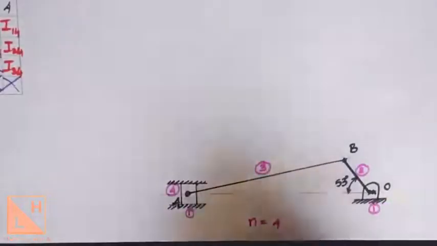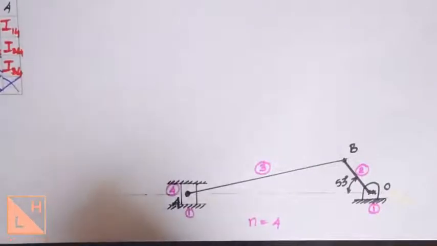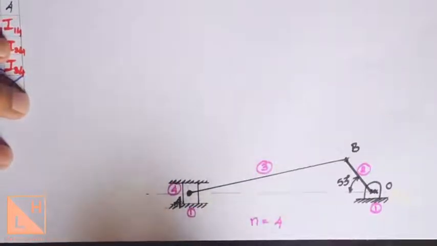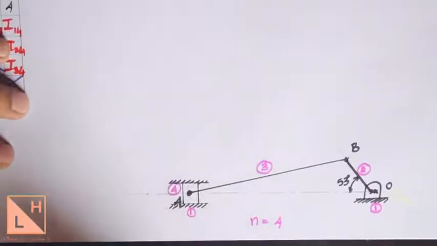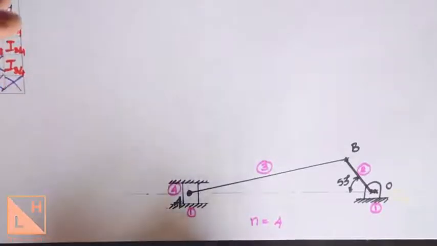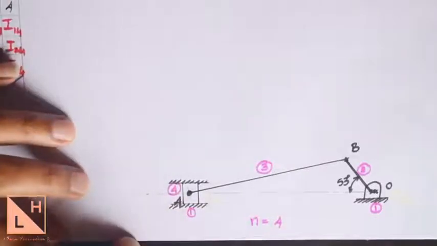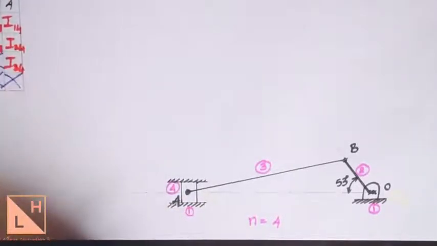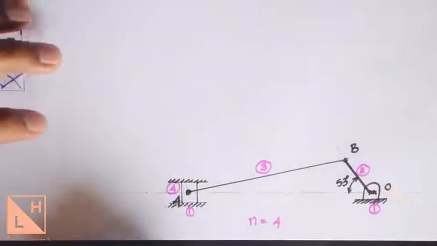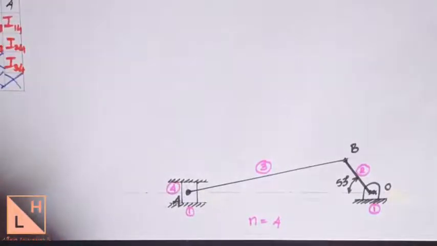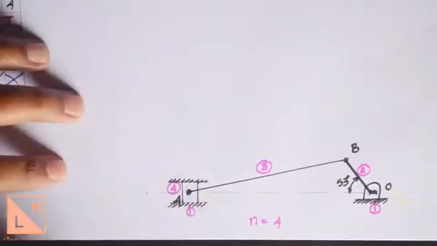In any mechanism, we will be able to identify the fixed instantaneous centers and permanent instantaneous centers directly without any constructions. And maybe in some complicated mechanisms you might have to do some geometrical constructions in order to find the permanent and fixed instantaneous centers. So if you have listened to my previous tutorial video, you might know the meaning of fixed and permanent instantaneous centers. If you have no idea about it, I would suggest you go back to that video, understand fixed and permanent instantaneous centers and come back here.